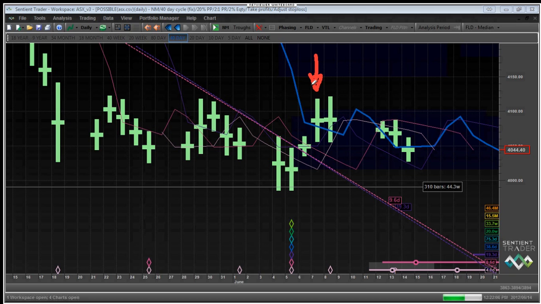Okay, so as you can see, the median price on Thursday was above the median FLD. Okay, there it is on Thursday. So if you had decided in advance to take trading decisions based on price crossing that 40-day FLD, then you would have taken delayed action. What does that mean? That means that you would have created a trading entry order.